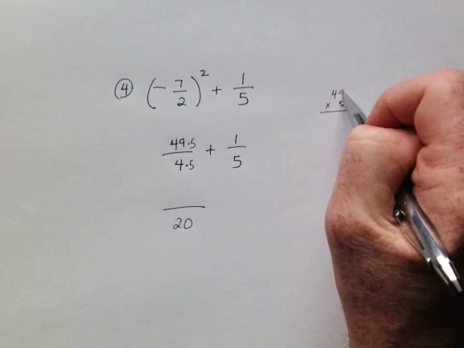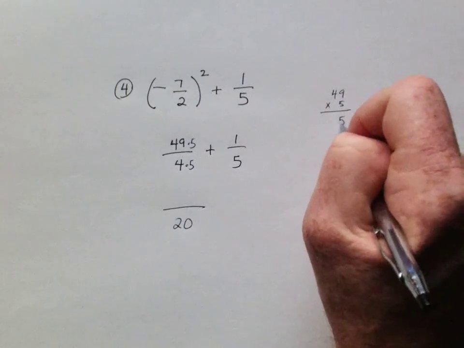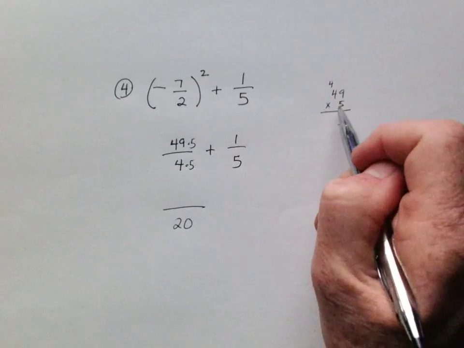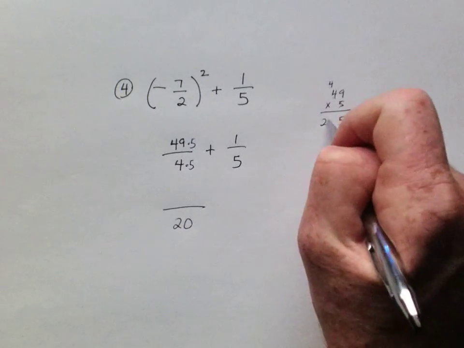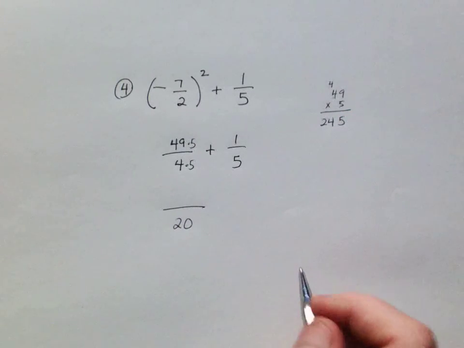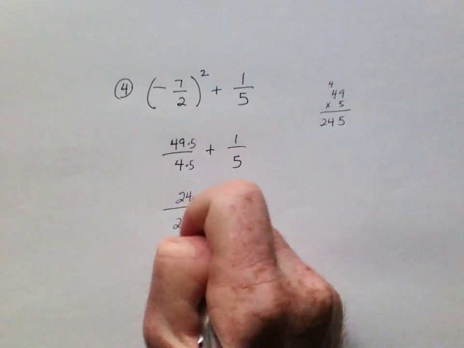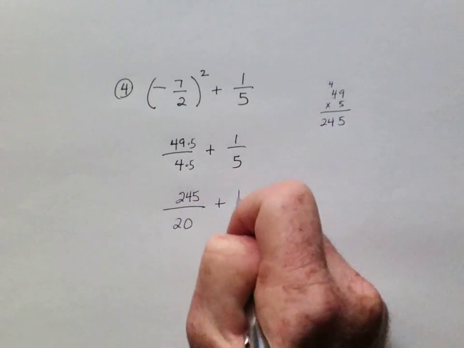This is going to be 9 times 5 is 45. And then 5 times 4 would be 20, with 4 more is 24. So it's 245. And then plus,